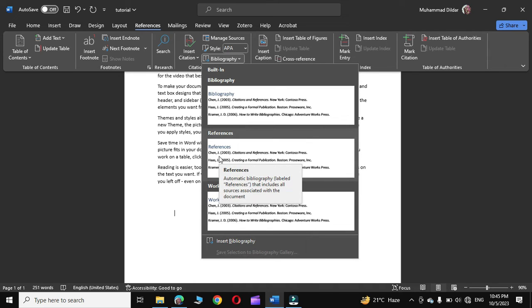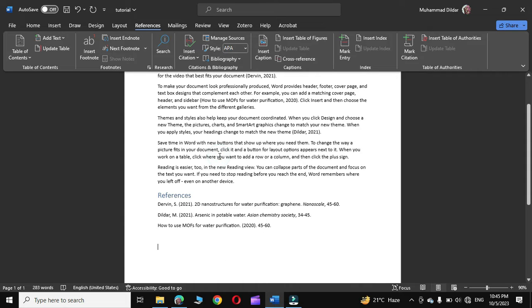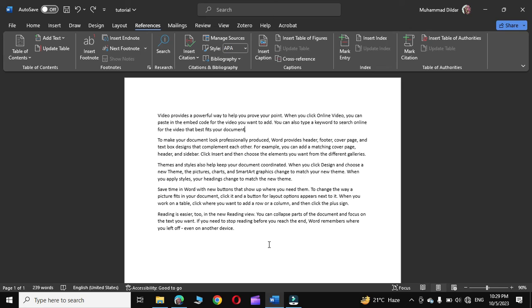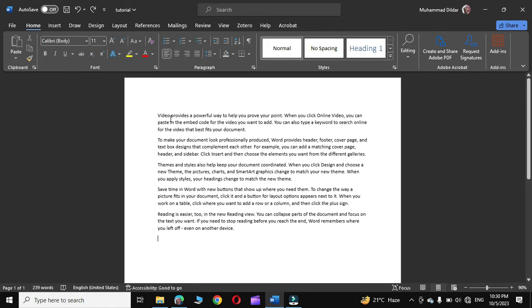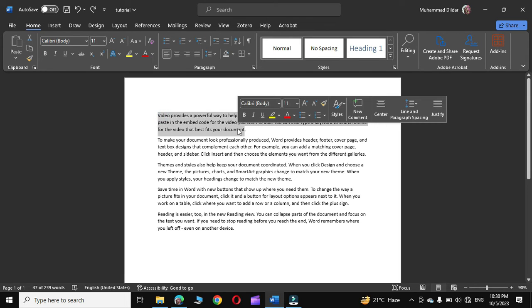Hello guys, in today's tutorial I'm gonna show you how to insert references in Microsoft Word. Right over here you can see I have some dummy text which I have placed just to illustrate how you can insert references in your document using Microsoft Word. Let's say this is the text that you have read in some journal article and you want to cite its